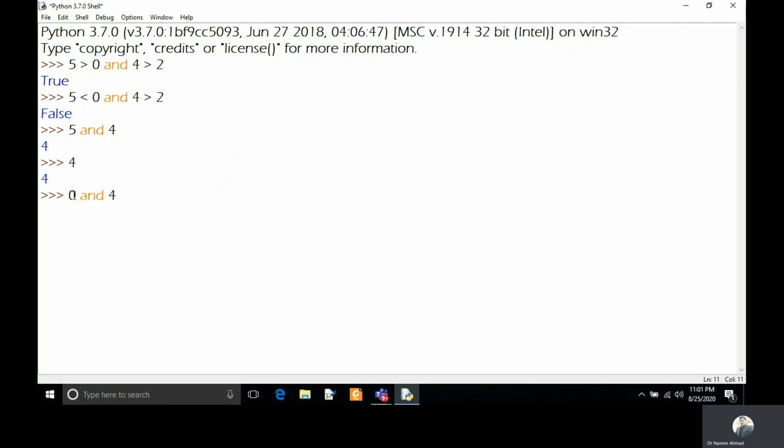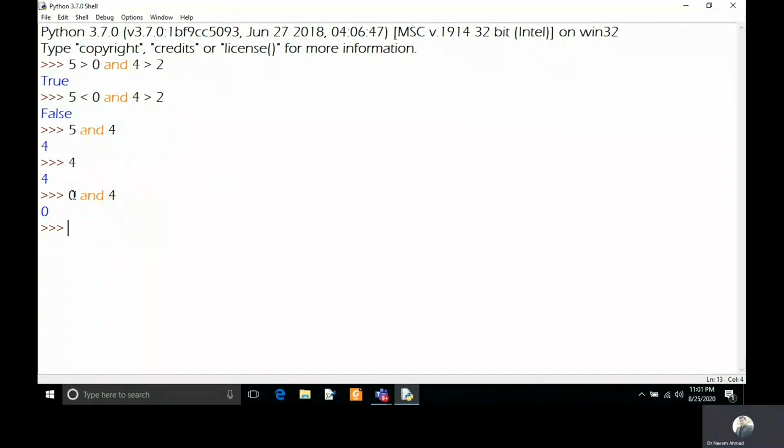Now in this case 0 is false. So AND is treating 0 as false, and it will not go on to execute the 4. It will return false because it treats 0 as false. So it is deciding based on the first one, and it is returning 0. It is not jumping to the 4 because 0 is treated as a false result, and it is deciding based on the first, or left, conditional statement.